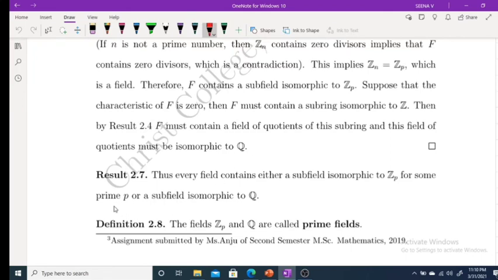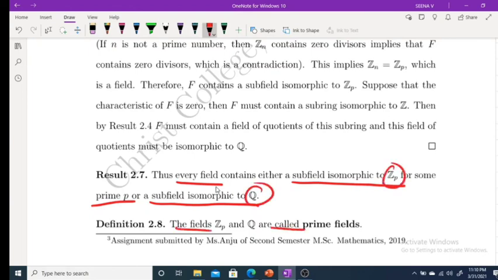Thus, every field contains either a subfield isomorphic to Zp for some prime p, or a subfield isomorphic to Q. And these fields Q and Zp are called prime fields. Okay, that's all for